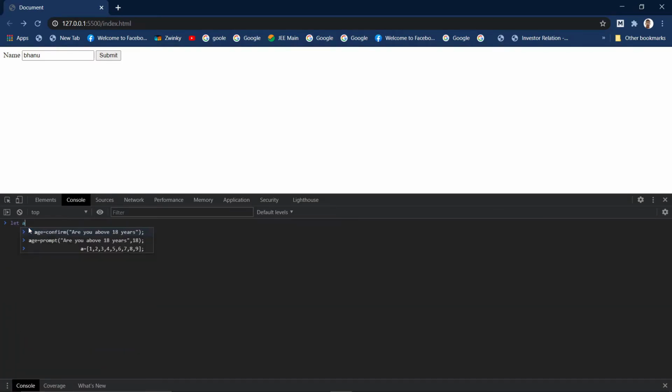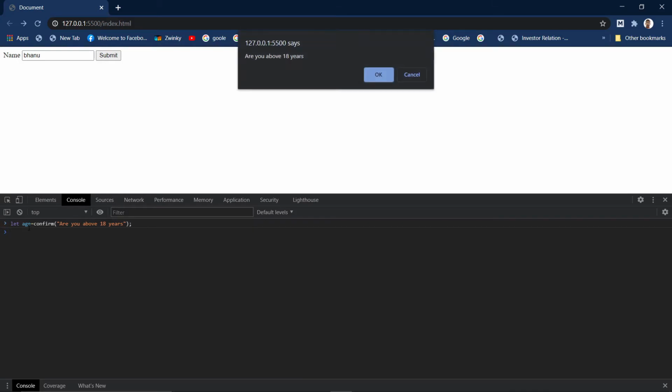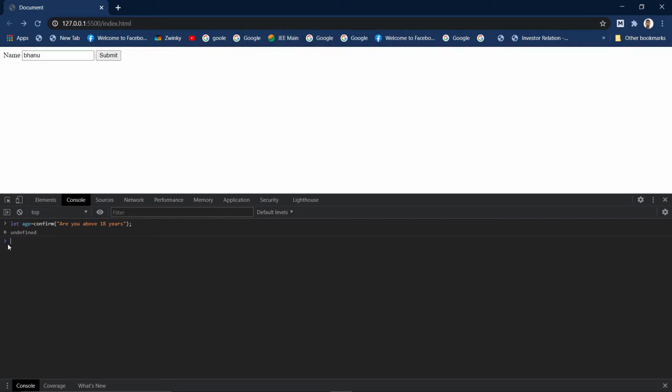Let age equal confirm, are you above 18 years. If we press OK, true is returned into age.